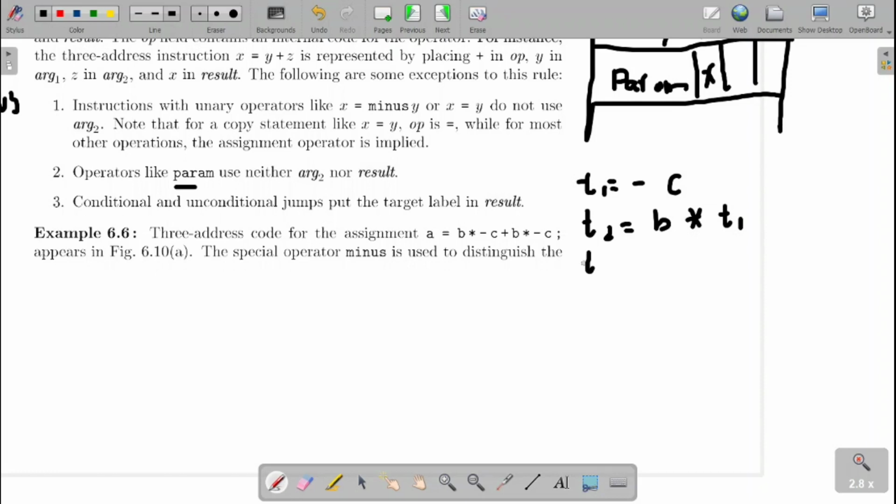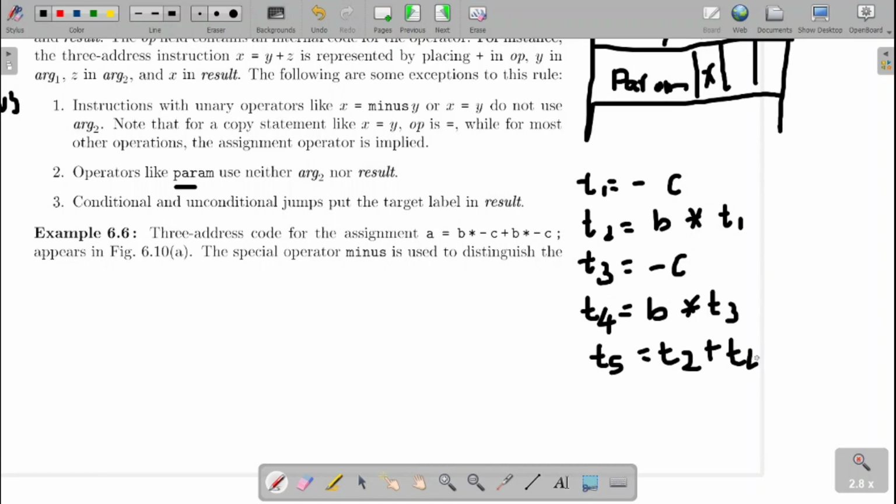Then T3 is again minus C. Then T4 is B star T3. Then T5 will be T2 plus T4. Then A equal to T5. So this is our 3 address code, wherein in one step we perform only one operation.